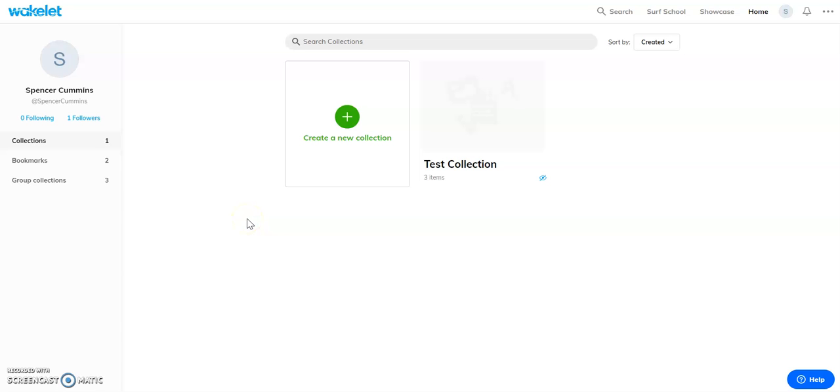I just want to do a quick little demonstration on Wakelet. If you've never heard of Wakelet before, I'd compare it to something maybe like Padlet. It can be used two ways. Either like a collaboration tool, getting opinions from students and members of staff and collating it all into